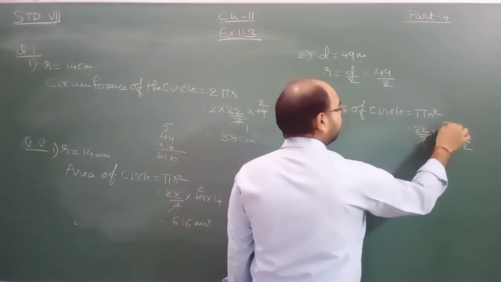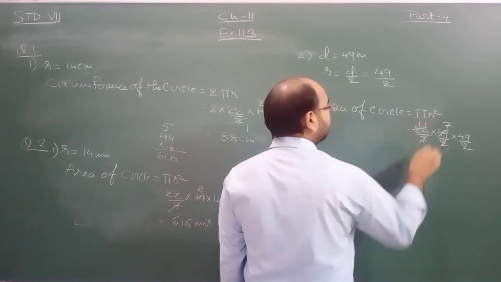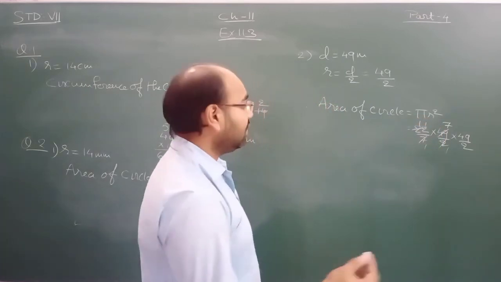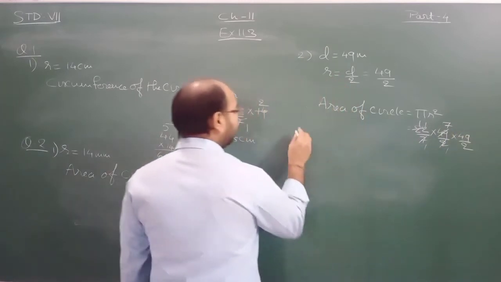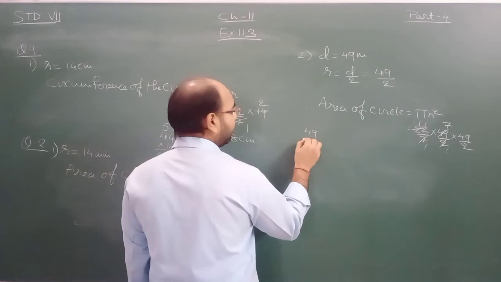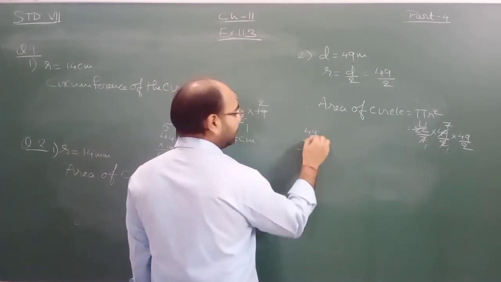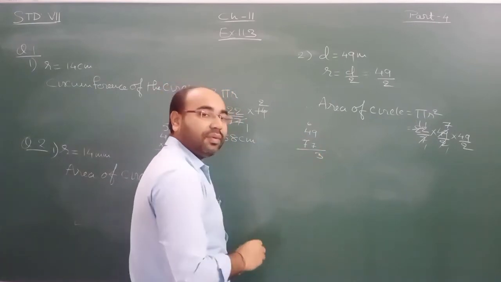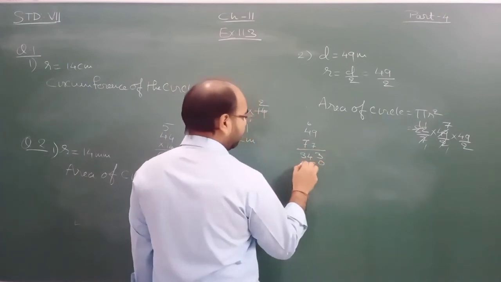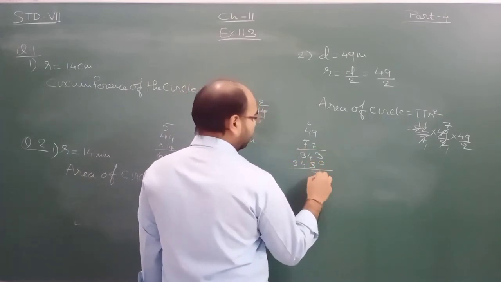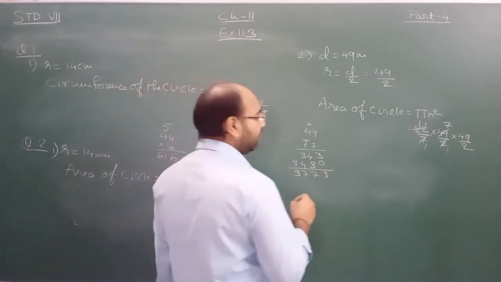So 7 7s are 49, 2 1s are 2, 11s are 11. Now what is remaining? These 3 are remaining. So 77 and 49. 7 9s are 63, 7 4s are 28 plus 6 is 34. Again, 3, 7, 7 and 7. So 3773